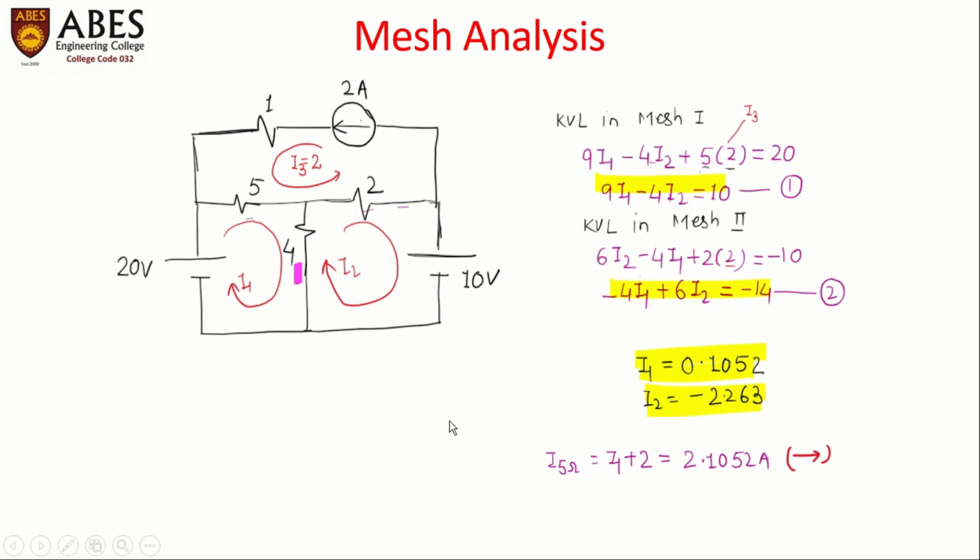Now in our next video we will talk about case 3. In case 3, the current source will appear in the common branch of the circuit. In this particular case 2, the current source appeared in the outer branch of the mesh, but if the current source appears in the common branch of the circuit, or you can say the common branch of two meshes, then we have to apply super mesh analysis to find the solution of that circuit. That would be categorized into case 3.